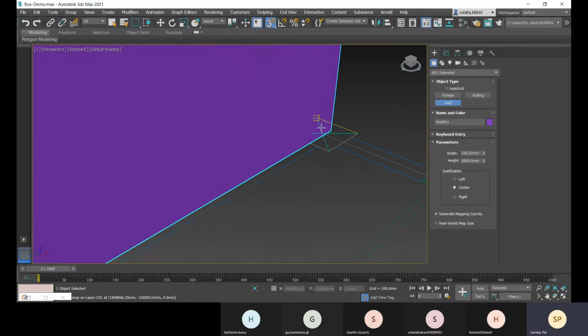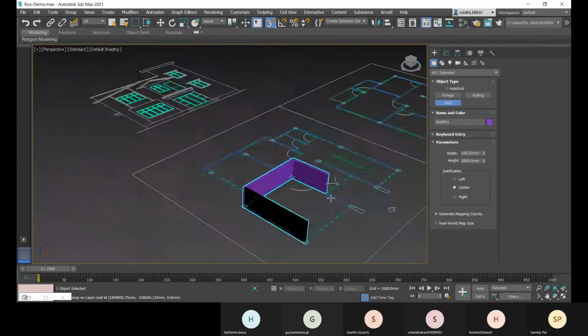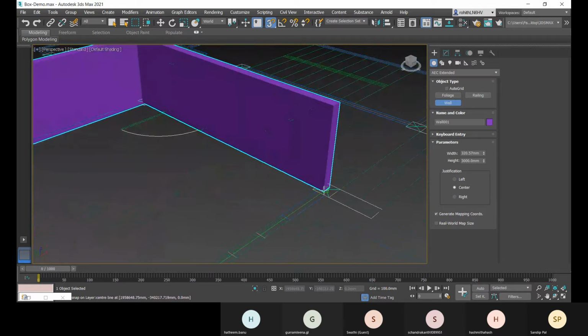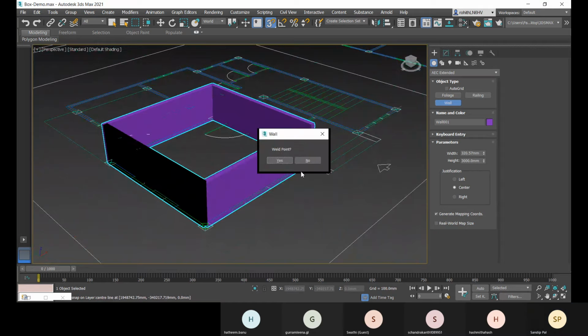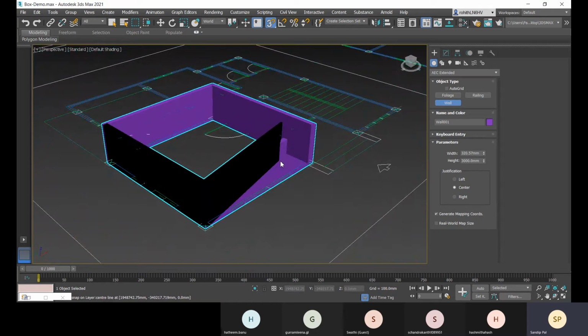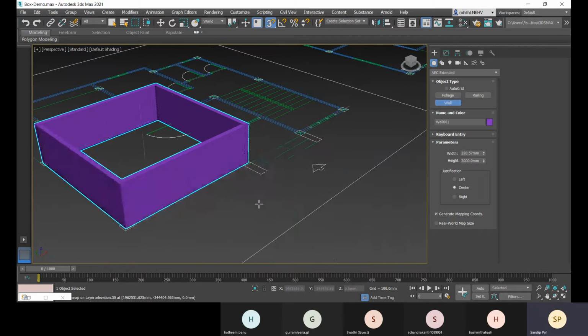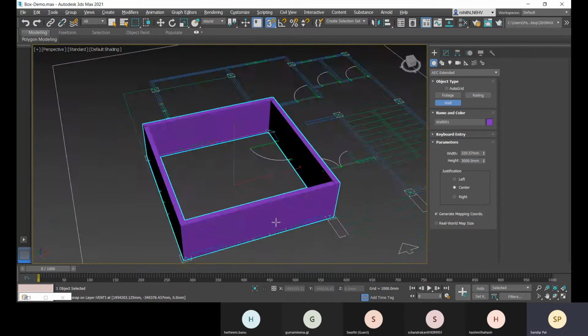Okay, here backspace. Like this. And yield point, yes, and right click. So this way you can place, all right.